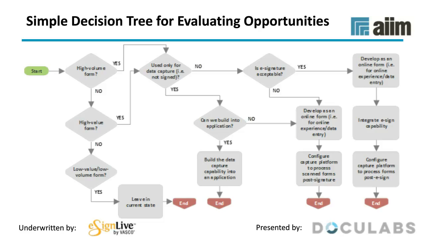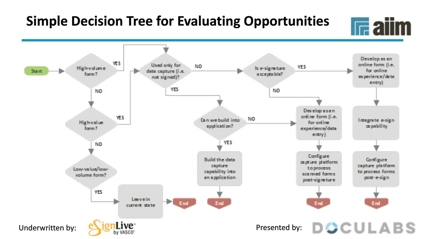So you're going to ask yourself, which opportunities should you address first and how should you tackle them? I'll show you a simple decision tree, and then we can talk about the additional questions you should be asking. As you prioritize all your candidate opportunities, which ones do you hit first with e-signatures? Look at the population of all your forms and documents and applications that are candidates for e-signatures and sort them into 4 buckets. One bucket is do nothing on them.